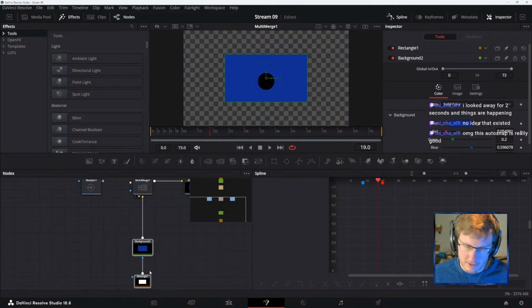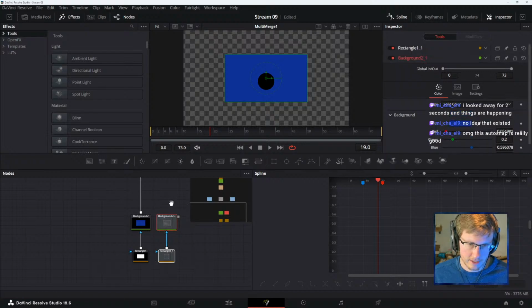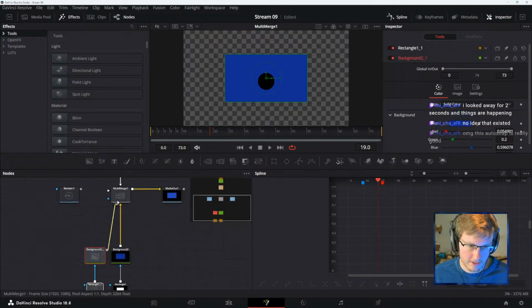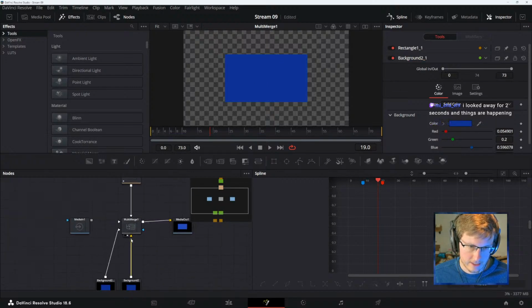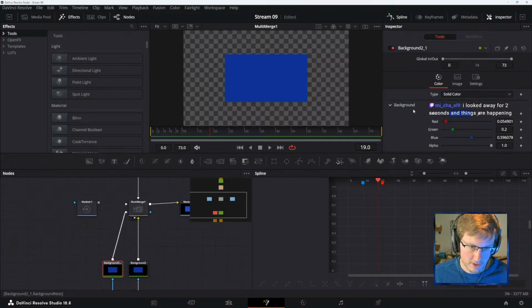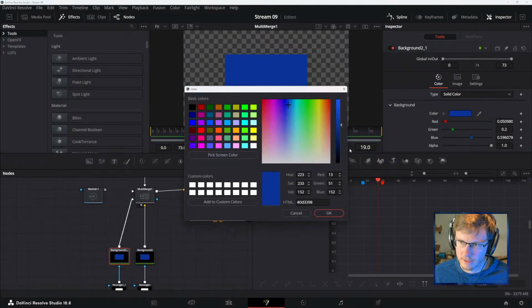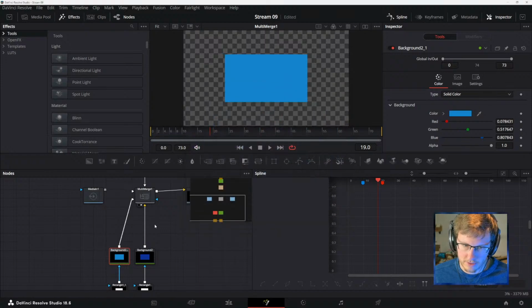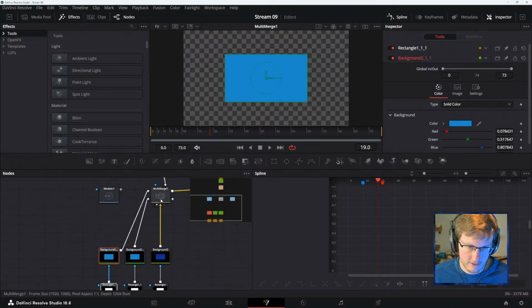Okay, so what I was thinking was, it can just be like this. Just a whole bunch of these things. Let's make this one a different blue. And this one another blue.